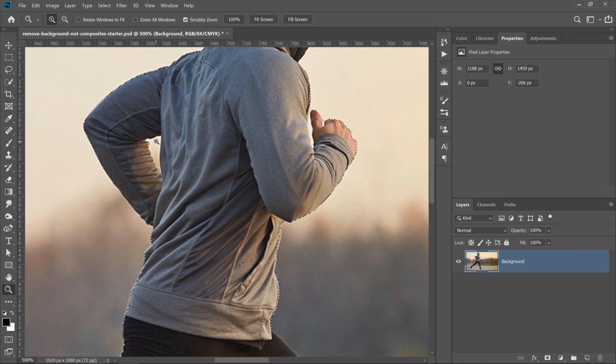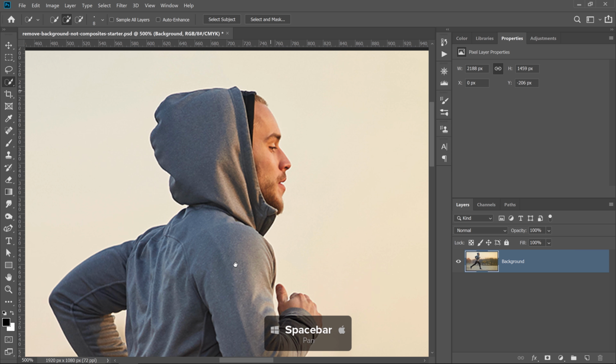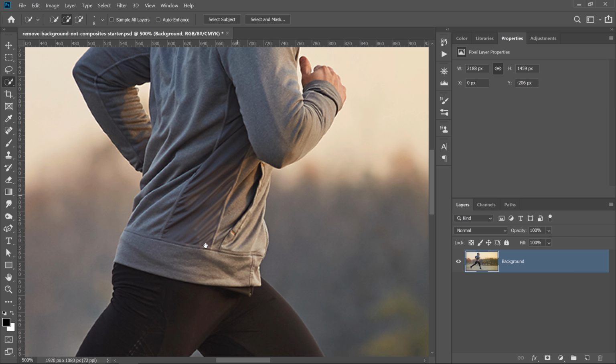What you want to do now is deselect the space in between his arm and body so that if we move the runner into another area, the background will match. To do so, select the Quick Selection tool, hold Alt on Windows, Option on the Mac, and click and drag to deselect. You can use the left and right bracket keys on the keyboard to adjust the size of your brush if you need to. And you can hold the spacebar and click and drag to pan through the entire image and make sure that you have a good selection throughout.